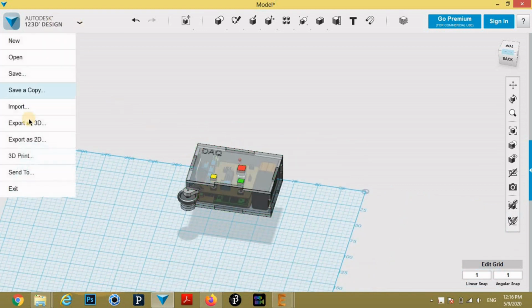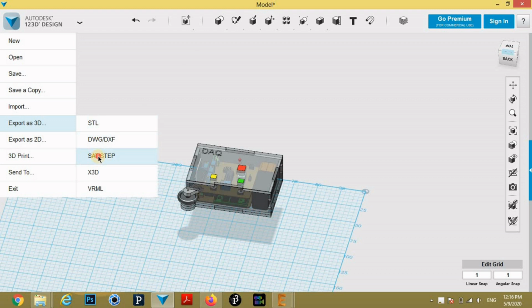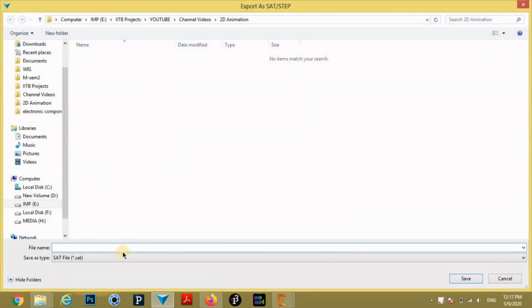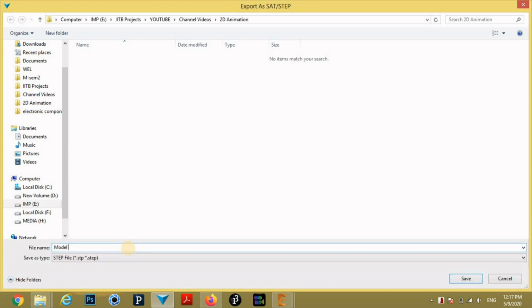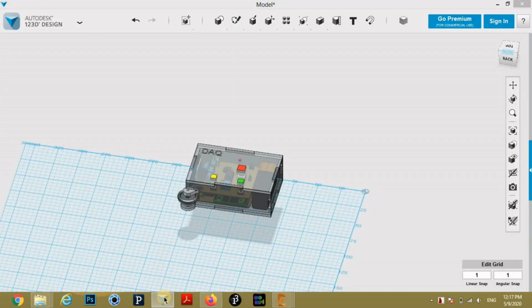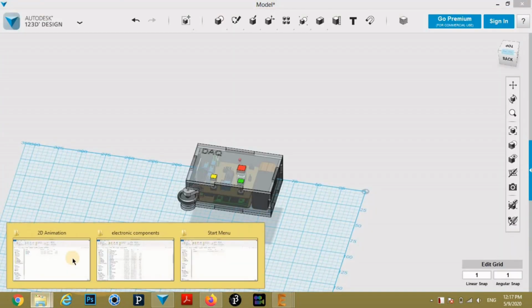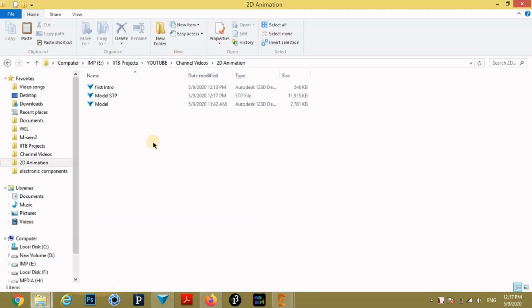To make its animation, first we need to save it in STP file, which will be imported in Keyshot file. The link for downloading Keyshot is given in the description. This is STP file of the device.